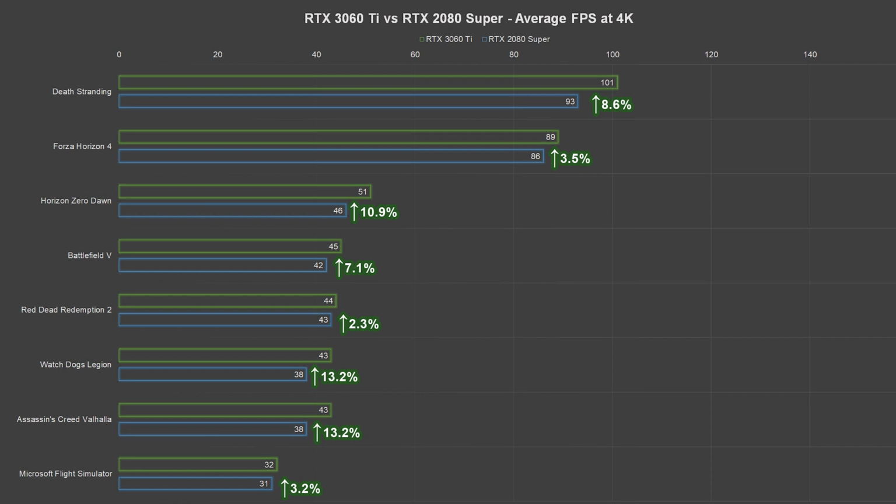Now let's take a look at the RTX 3060 Ti versus the RTX 2080 Super at 4K. As you can see, there are some significant discrepancies from game to game. Red Dead Redemption 2, I'm sorry, has only a 2.3% increase in performance for the RTX 3060 Ti compared to the 2080 Super. Microsoft Flight Simulator has a 3.2% increase, and Forza Horizon 4 has a 3.5% increase, which is not very much. But other games like Watch Dogs Legion or Assassin's Creed Valhalla have a 13.2% increase, with Horizon Zero Dawn having a